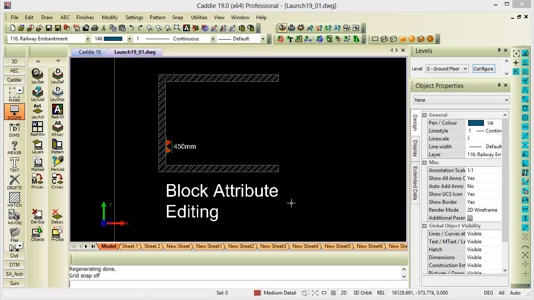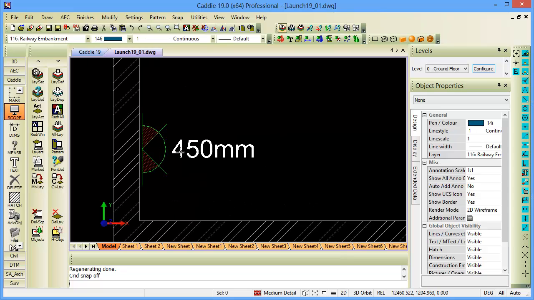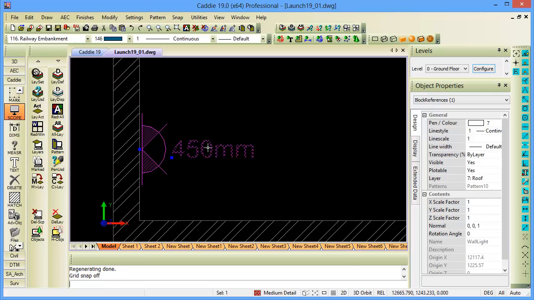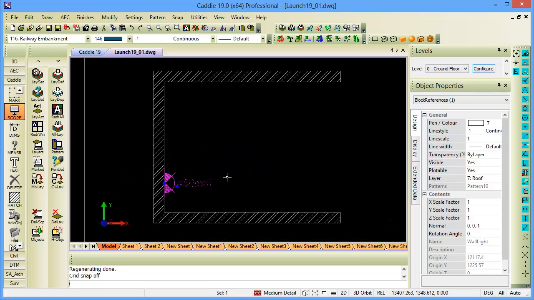Block attributes are very useful information that can be used within blocks itself. As you can see on the screen in front of me, I've got a light symbol with an attribute definition attached to that block. As soon as I click on it, you will see it's seen as one object because it's within the